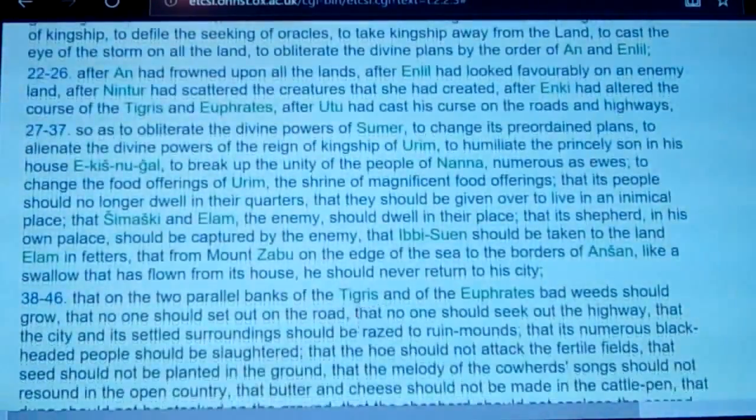So I think this is where I was at. Let's see where I'm at. So as to obliterate the divine, to change its preordained plans, to alienate the divine, humiliate the princely son in his house. His house is Ikush Nagal. To break up the unity of the people of Nanna, numerous as ewes, sheeple, to change the food offerings of Urim, the shrine of magnificent food offerings, that its people should no longer dwell in their quarters, that they should be given over to live in an inimical place, that Shemashki and Elam, the enemy, shall dwell